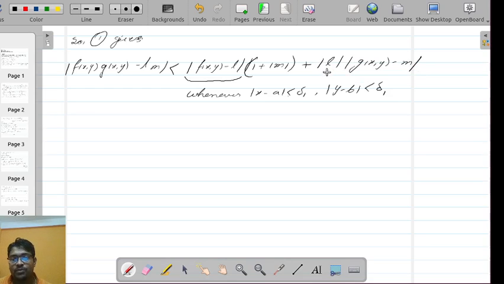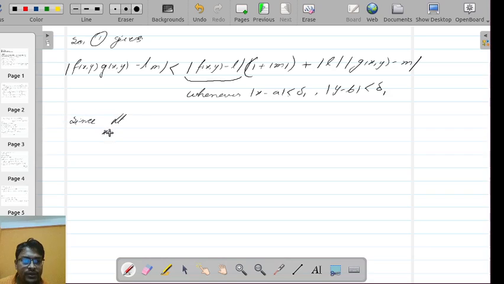But there is a problem. If I write it as epsilon by twice mod L, it may happen that L is 0. So no, that's not a problem, we can always make it less than any other epsilon. So epsilon by twice mod L plus 1. We need something which is less than 1, so that ultimately this thing will be less than some particular value. So now we can apply